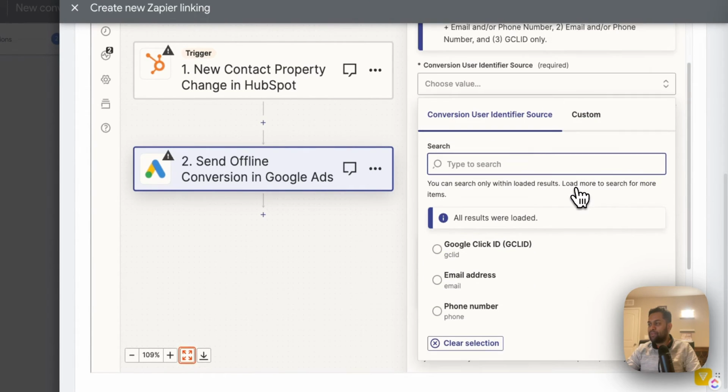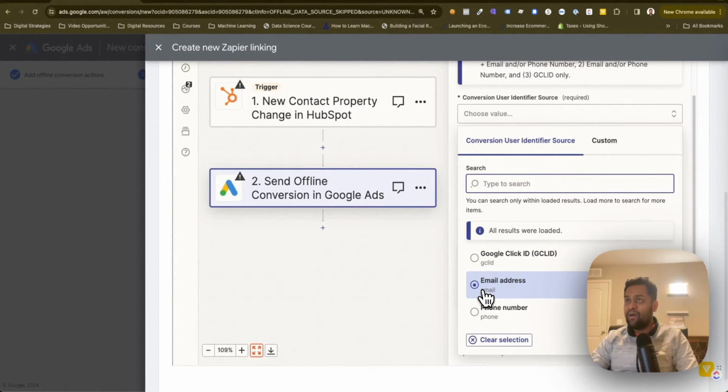and the user identifier source over here will be email address. Now, just to let you know, you can even use the G-Click ID. A lot of these CRMs will track G-Click ID. G-Click ID is basically a query parameter that gets added whenever you're running a Google ad campaign. So if you want to do some advanced things like, hey, I wanna only push leads coming from Google Ads who became a customer back into Google Ads, that's fine, rather than sending everyone,